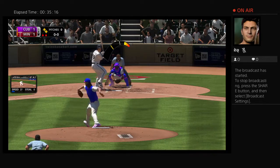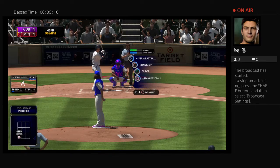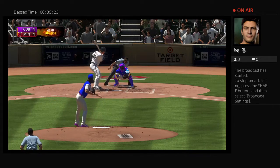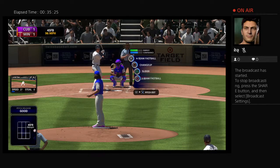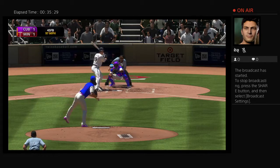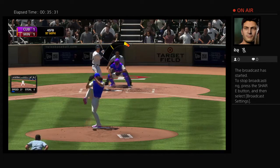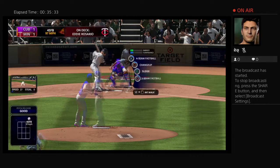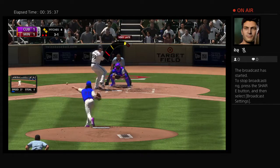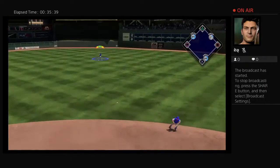And he takes a called strike, 0-1. And he misses with it, 1-1. 2 down, runners at first and second. And he takes one off the inside corner for ball 2. A lot of times you see guys get too aggressive and try to do too much at the plate with guys on, but right here he's doing a great job of waiting on the...